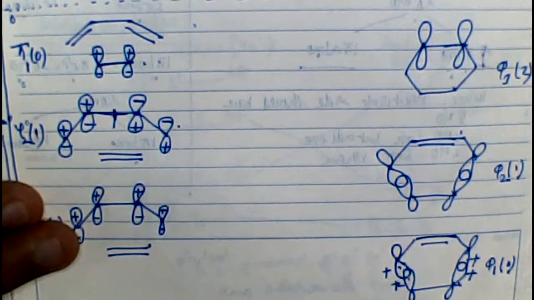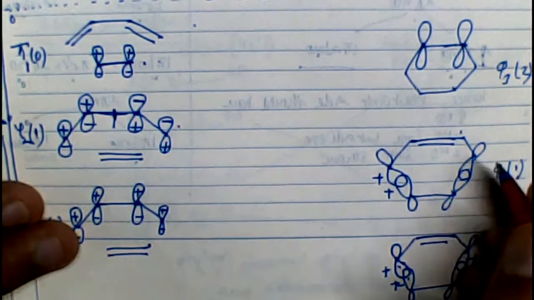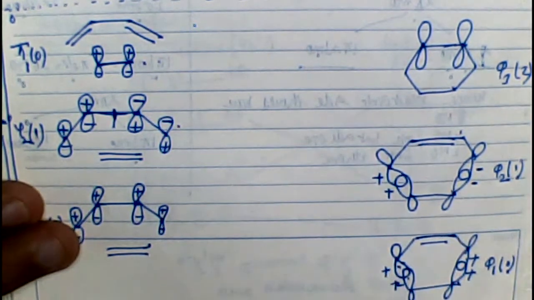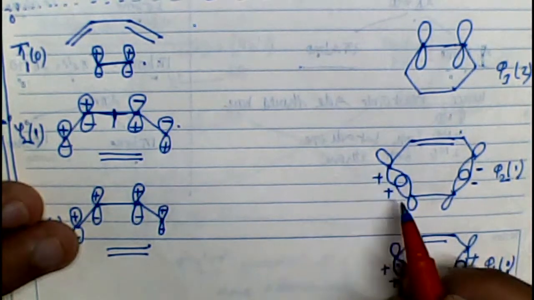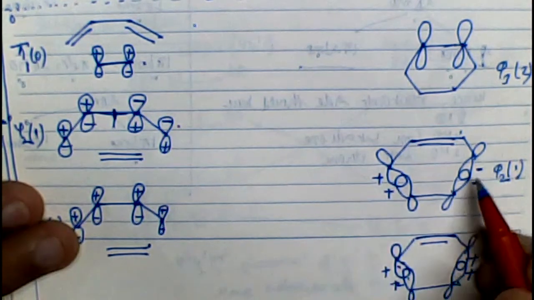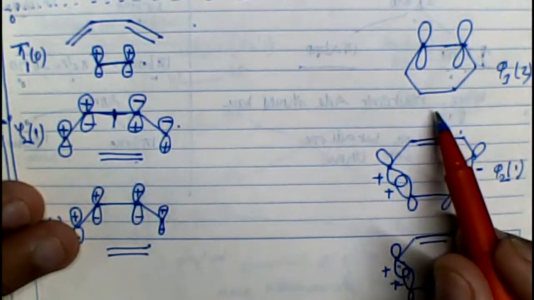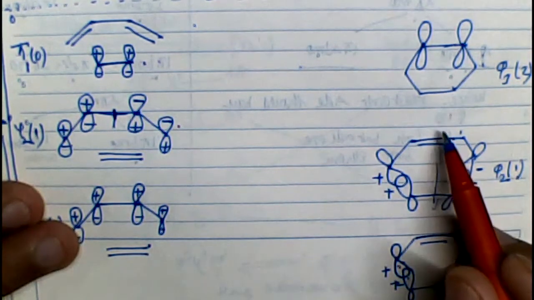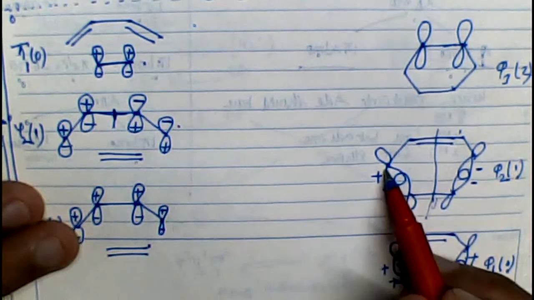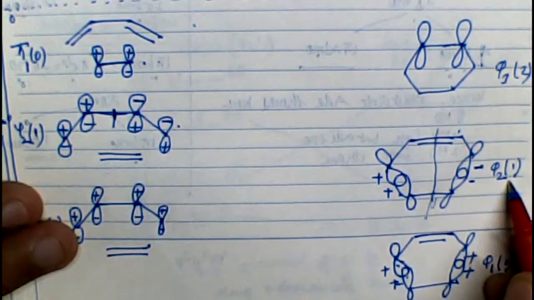Next comes phi 2. Phi 2 again is a bonding molecular orbital. That means both p lobes are adding in a bonding manner. But these signs here should be opposite. This has to be different from this one. These p orbitals are undergoing a bonding overlap. Similarly, these 2 p orbitals are undergoing a bonding overlap. However, there is a node. If you see here, and if you pass this axis from here to here, see, plus is encountering minus, plus is encountering minus, that means we have a node here, right?